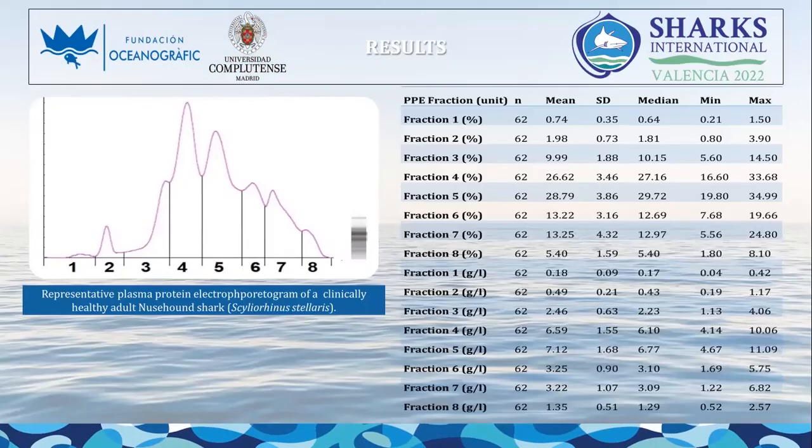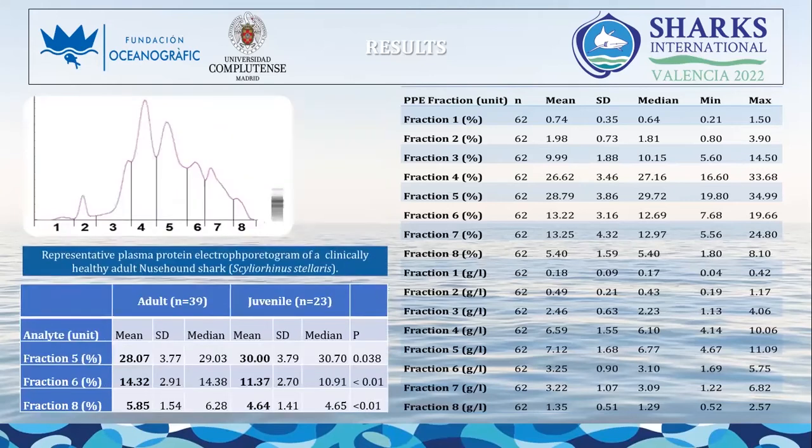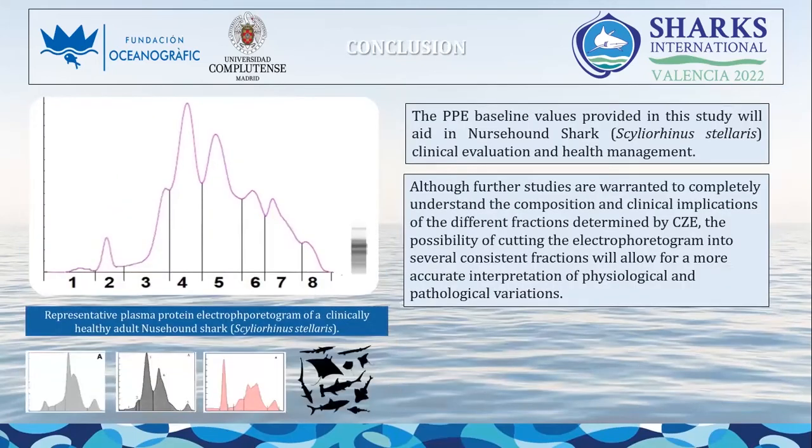So what we found is that capillary zone electrophoresis allowed the division of the electrophoretogram into 8 consistent fractions in the Nussbaum's arc, which are represented here. We also found statistically significant differences between sexes for fraction 4, and between developmental stages for fractions 5, 6, and 8. As a poster, there is not much time to discuss the obtained results, so we can conclude that the